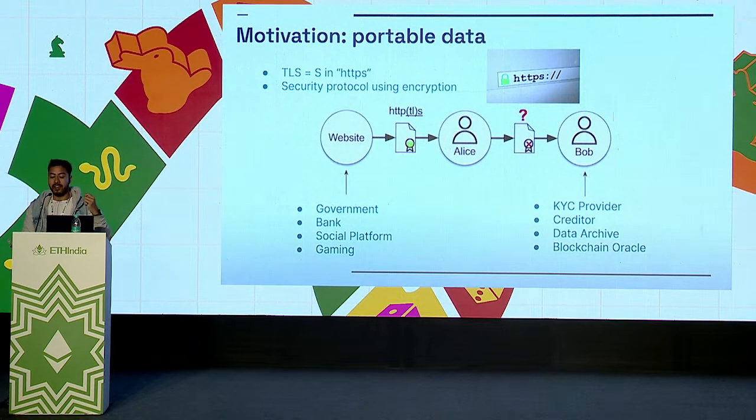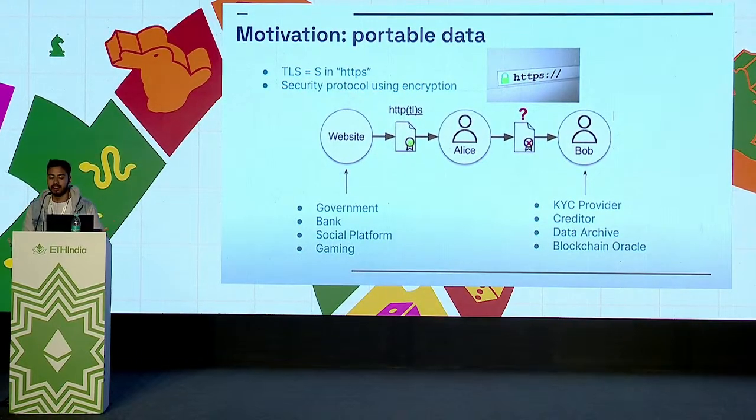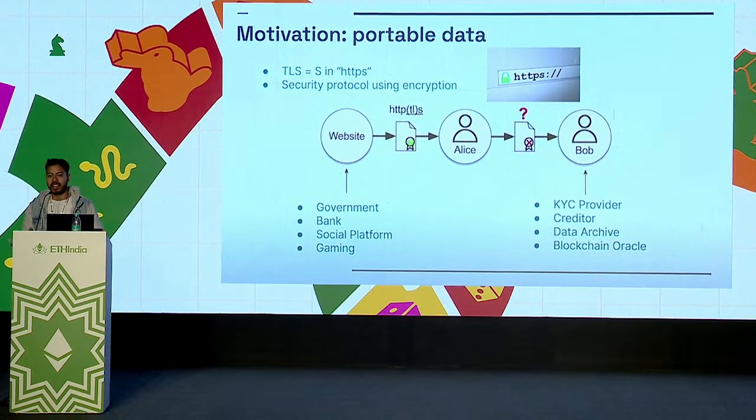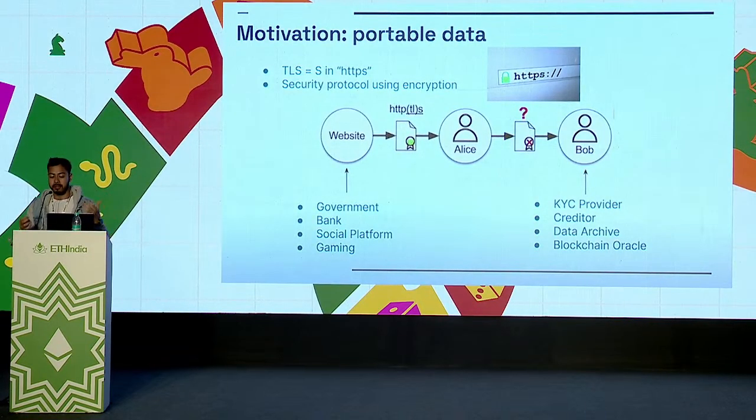So if Alice has to prove to Bob that she has, for example, this much fund in her bank account, she has to get an attestation from a notary service, or she has to ask the bank or use an API or OAuth or something like that. But with TLS Notary, she can make a proof and notarize it with the help of TLS, and Bob will believe it because Bob takes part in the whole process. So Bob will have reason to trust Alice because he took part in the key exchange and all the process when the data was generated.